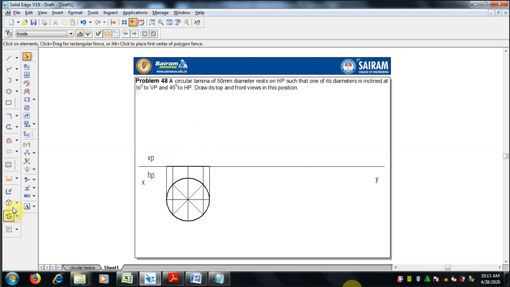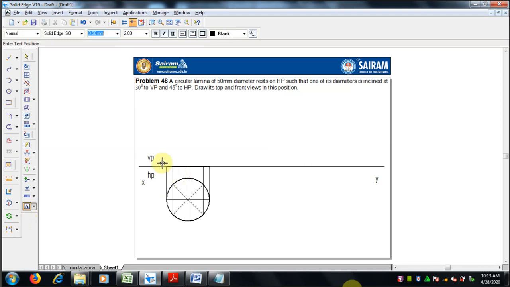We mention the names by selecting the text command.